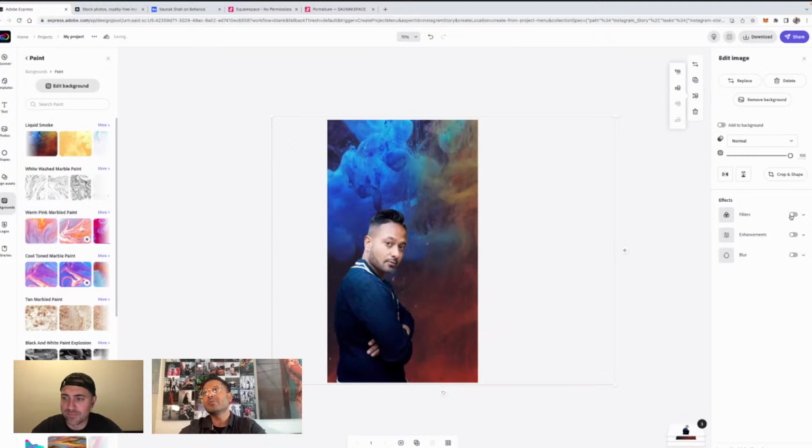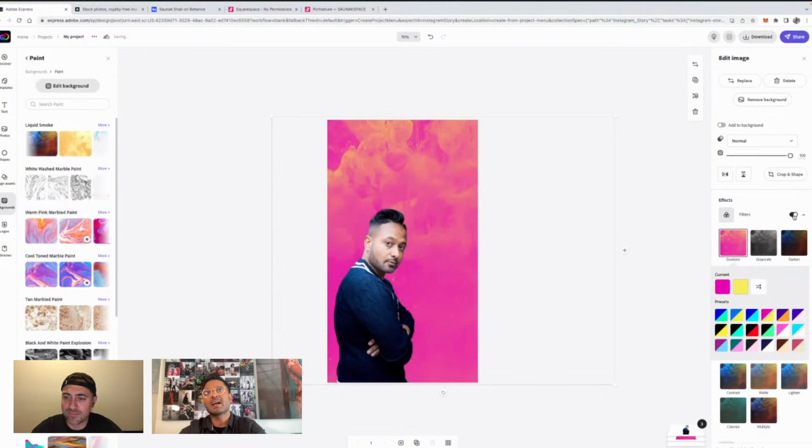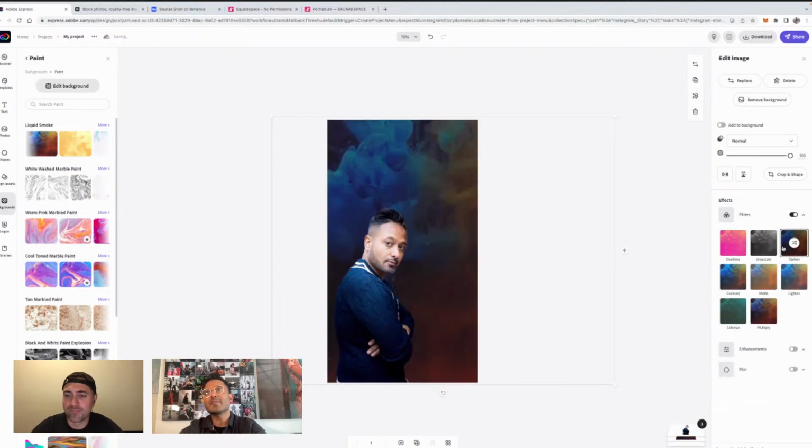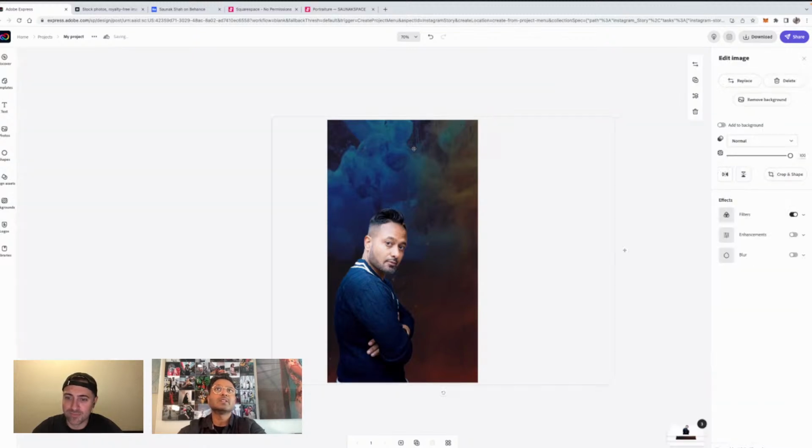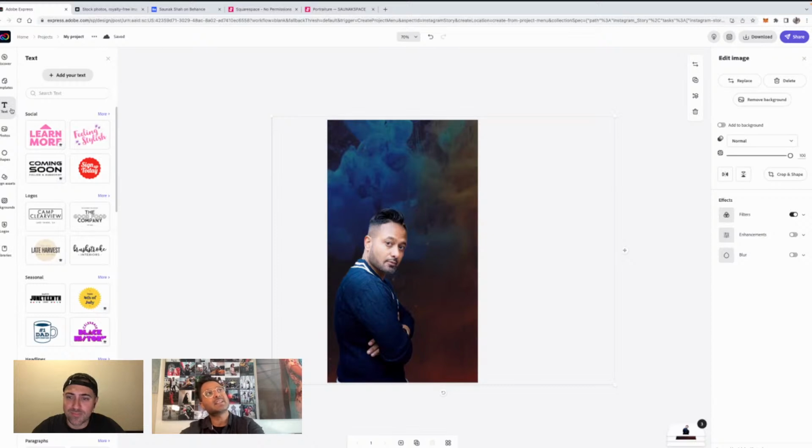And then we have cool filters here too, which is amazing. I can darken the background if I wanted to, or make it grayscale. Again, I think the UI is so intuitive. It's one of those things that we all need to test out. And Adobe Express is, by the way, free for a lot of folks who want to try it out. So if I go to text now,